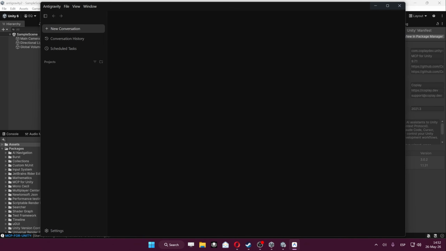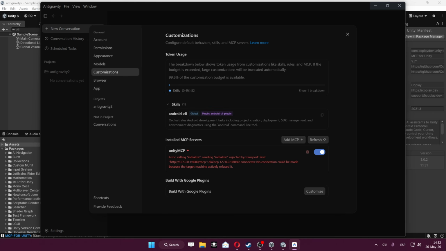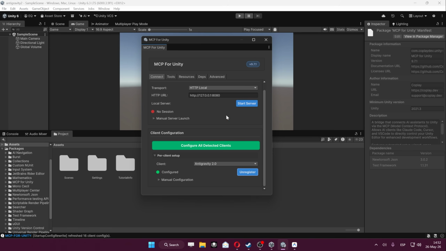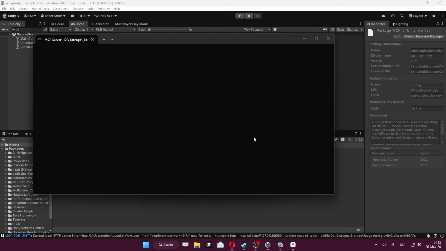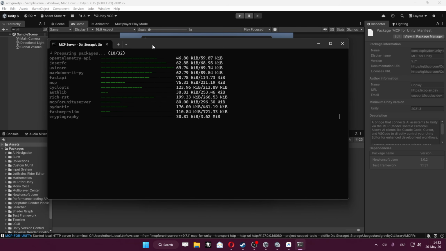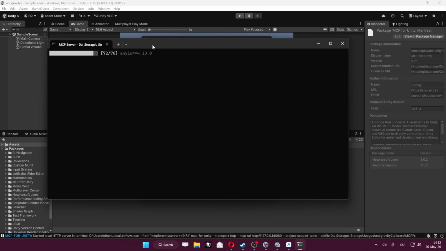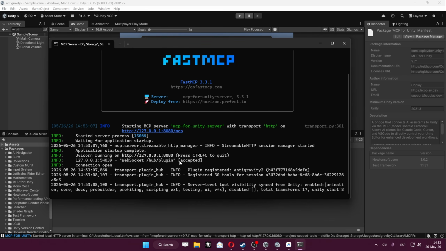If we go back to the Customizations tab in Antigravity, the Unity MCP should now appear there. As you can see, it appears, but it is still red and it shows an error. That is normal. The reason is simply that the server is not running yet. So we go back to the Unity MCP window and click Start Server. This will open a terminal. And when you see all this text here, especially the part that says Fast MCP, that means the server is